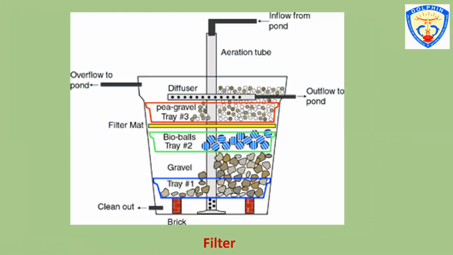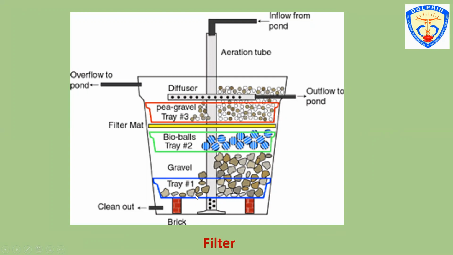This is the figure of a filter. Filters filter out water. The arrangement of the filter can be seen in the diagram. Just below, the brick is arranged and there is inflow of pond water from the top side. There is a clean outlet that will discharge the clean water. There is an inner aeration tube which lies vertically. The outflow of pond water could be from a next pipe.